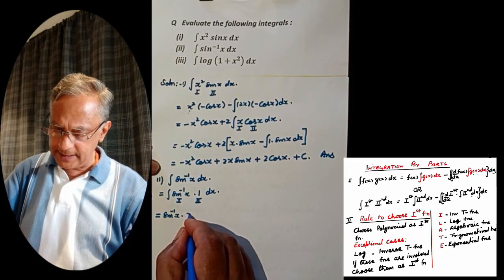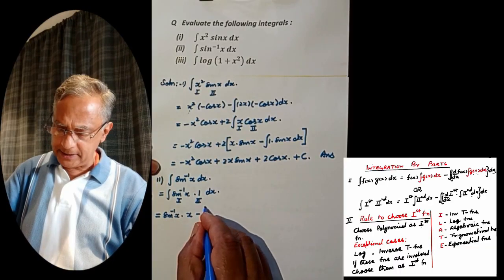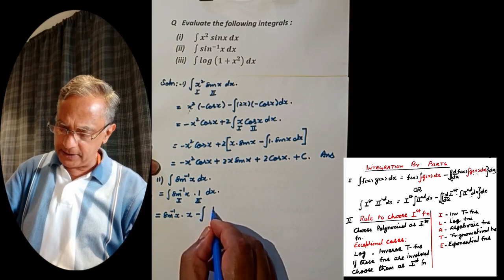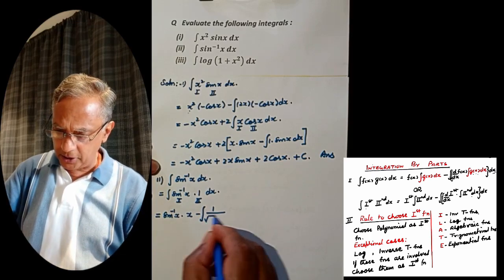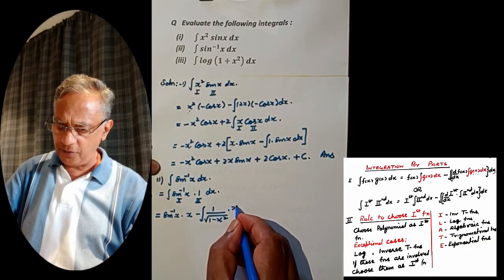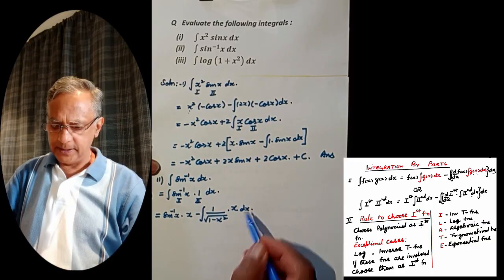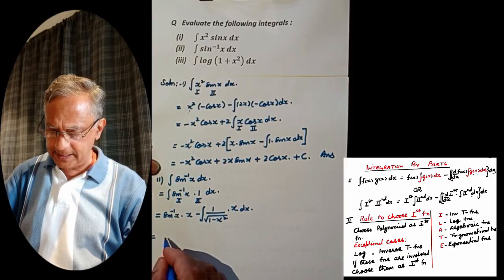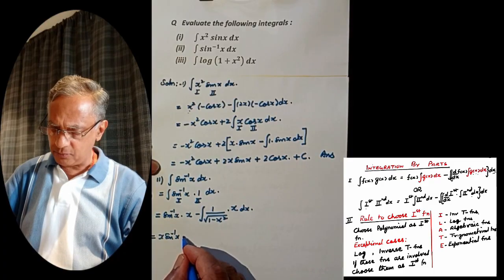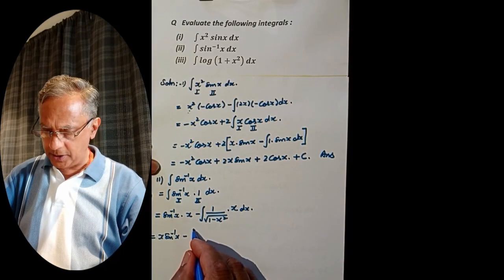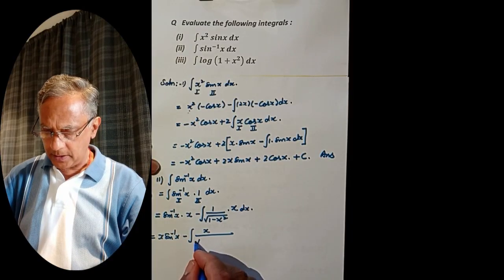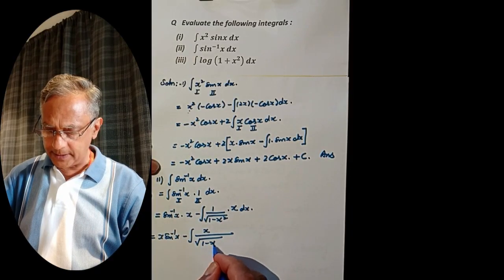Integration of 1 is x, minus integral of differentiation of first. Differentiation of this is 1 by under the root 1 minus x square into integration of second function. Now this can be written as x sine inverse x minus integral of x over under the root 1 minus x square